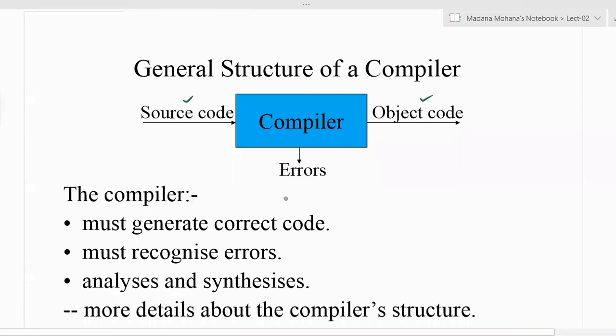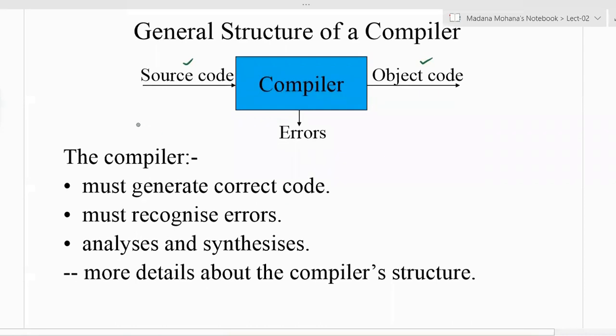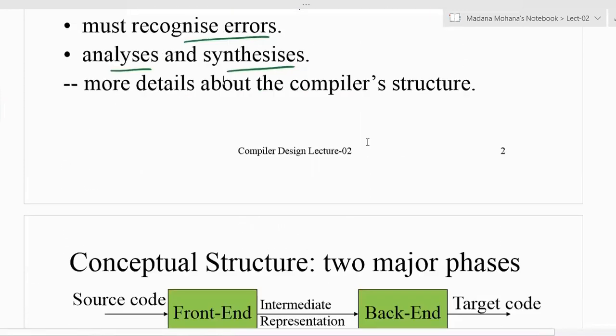Then the role of a compiler: when can you say a compiler is a good compiler, some qualities need to be maintained. The compiler must generate correct code, must recognize errors, and perform analysis and synthesis. These are the major roles of a compiler. Now we will discuss more details about the compiler structure.